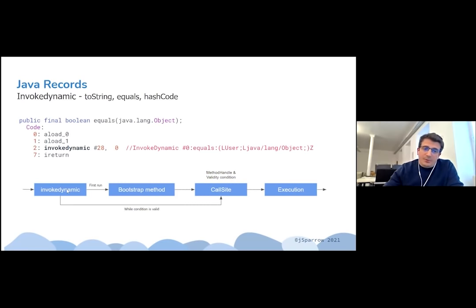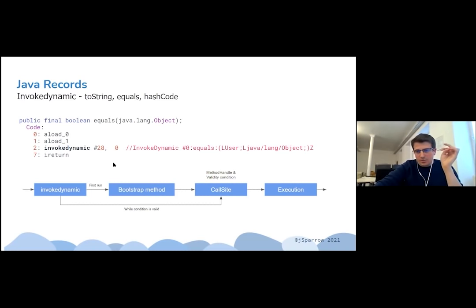So the first time that the JVM sees the invokedynamic could be rather slower, but after the call site is generated, it contains all the information that we need for executing the target method, and this call site will then be reused as often as it can should the invokedynamic occur again